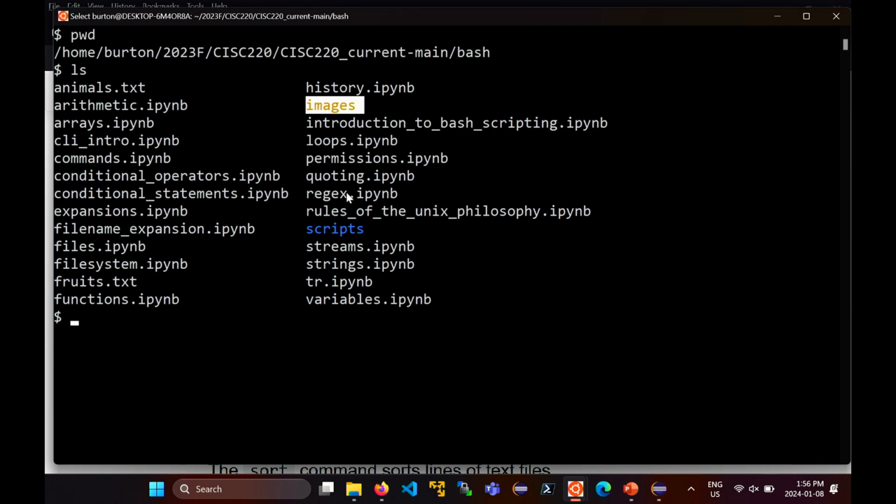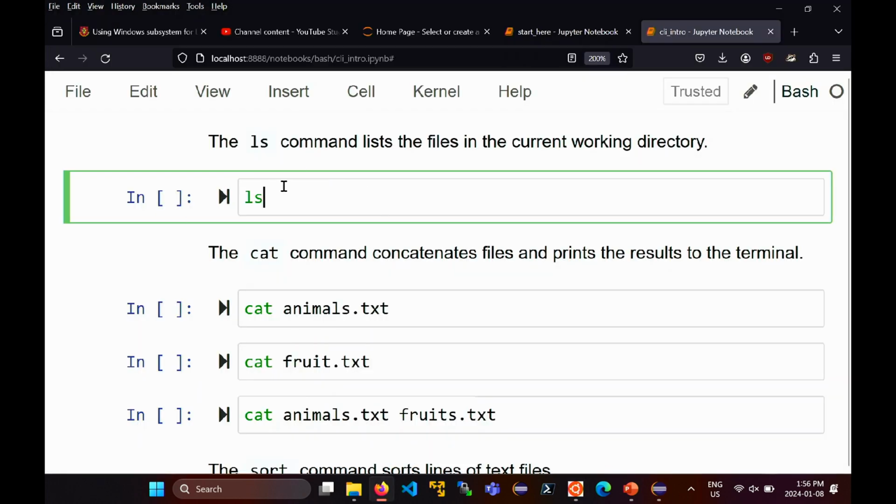On my computer, anything that's in blue happens to be another directory or another folder. So there's a folder of images that contains the images that are used in the Jupyter Notebooks. There's a directory called scripts that contains many or all of the scripts that are used inside the Jupyter Notebook files. So that's the ls command.